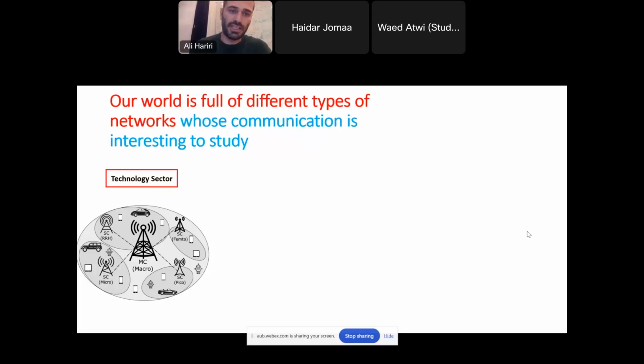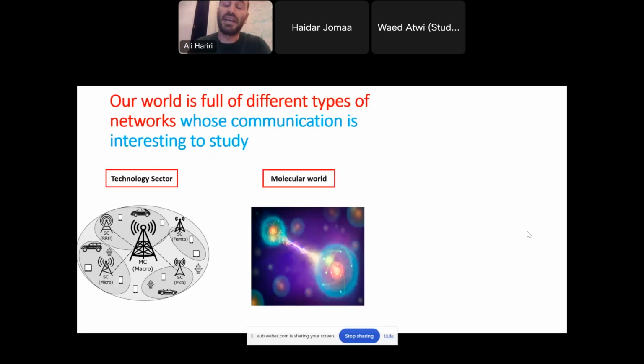So another aspect is in the life sciences field. We have different interactions at the atom level. It can be atoms interacting within a molecule, within a large protein. It can be subatomic particles that are colliding and interacting between each other, like it's the case at CERN, as I will discuss later. So in science and life sciences, this is also an aspect we are interested in exploring. But the most common type of networks and analytics and interactions that we encounter on a daily basis is